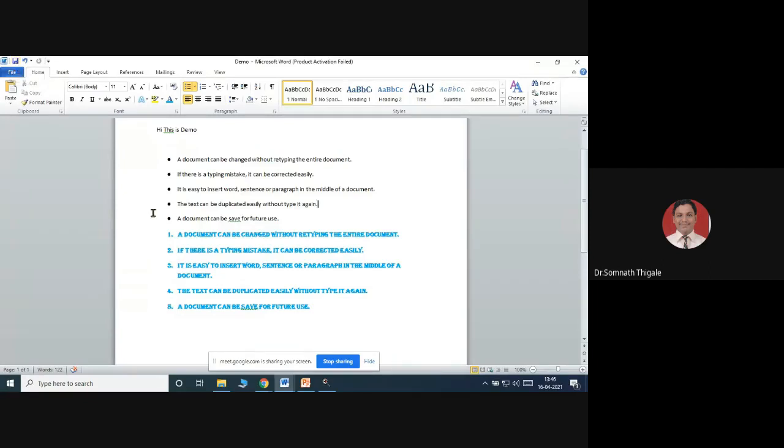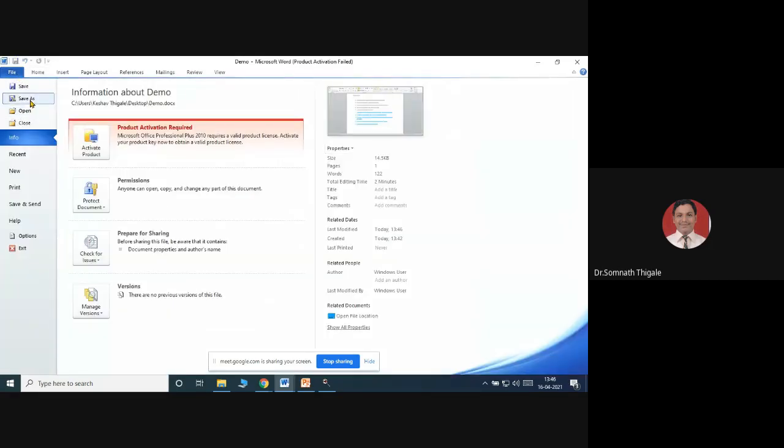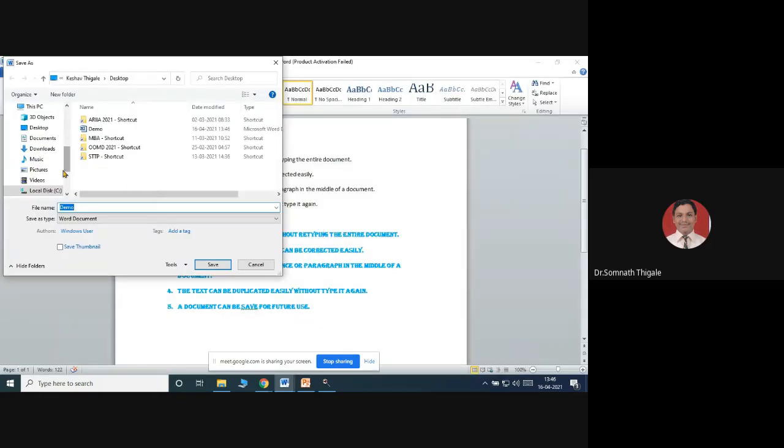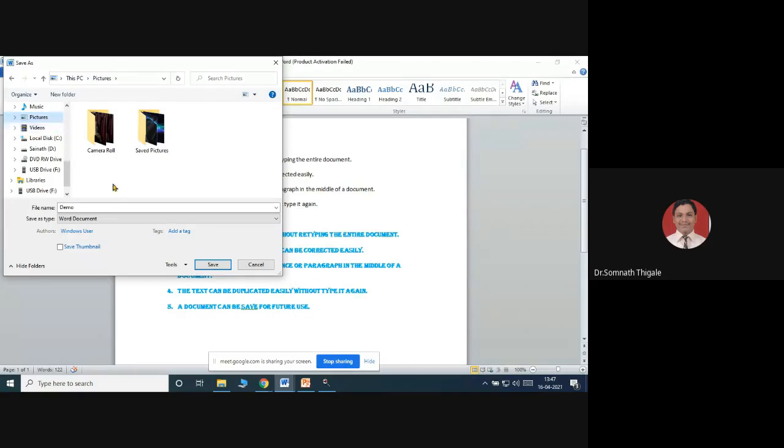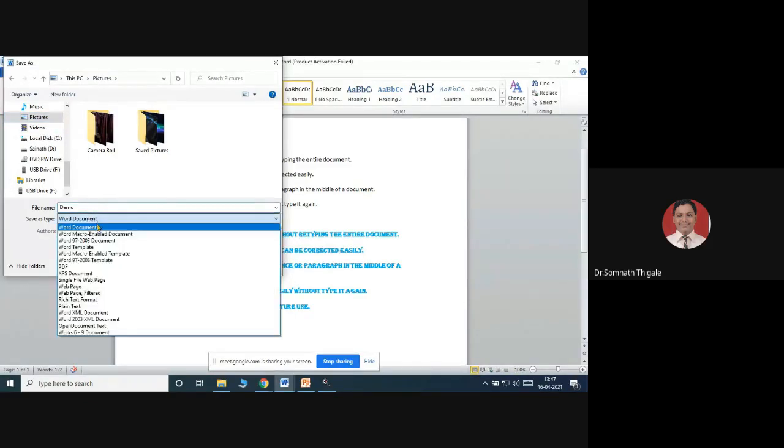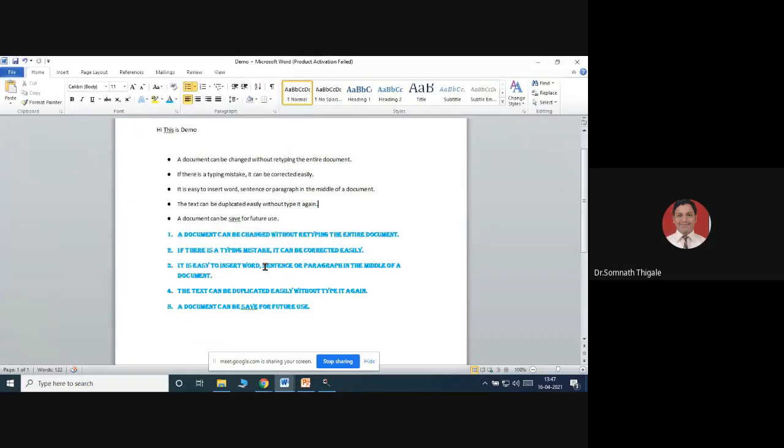And the shortcut is simply you can click on Control S, and you can click on file, save as. You can save to the respective location where you want to save the particular file. You can select that particular location. Suppose for example I want to save it on a C drive or in my Pictures folder. So I'll select Pictures, give the name, select the type, or keep the default as a Word document. You can save it and you can continue.